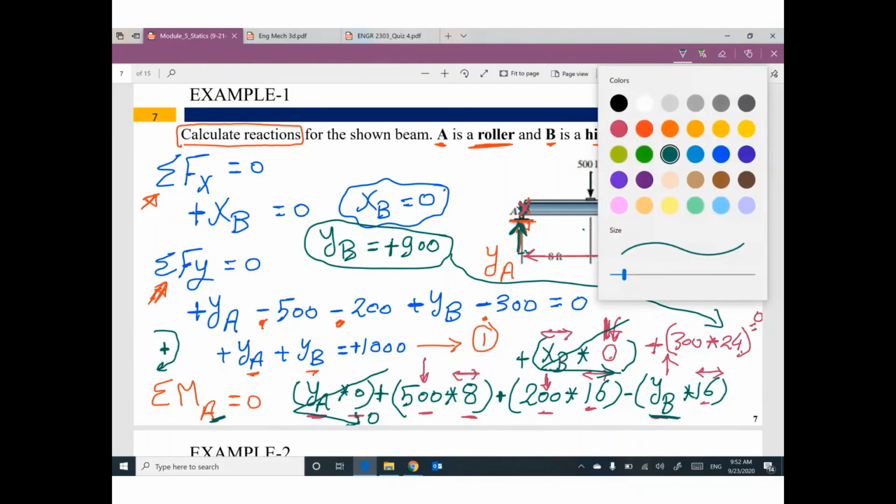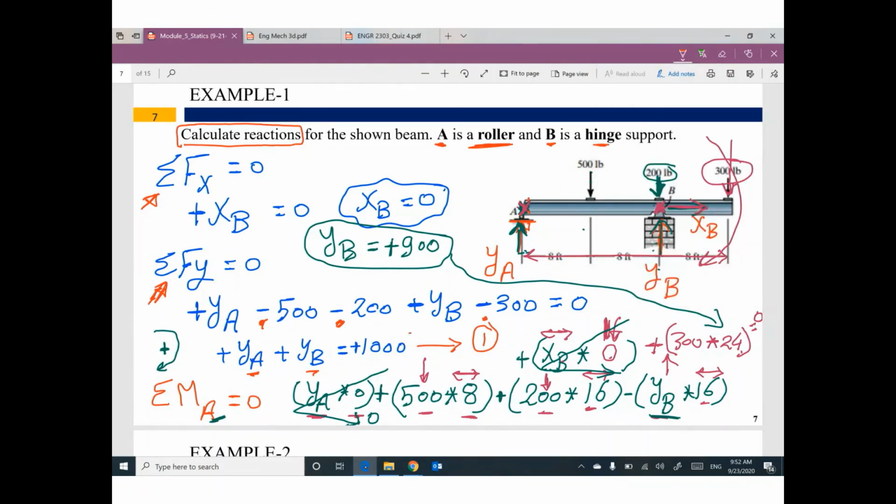If you go back to the equation that you set up before, YB right now is known, 900. Can I figure out the value of YA? Yes, you can. So this one is 900, and by this equation, this one will be 100. From the first one, you get XB equals 0. I am done with my reactions because the problem asked to calculate reactions. From the beginning, we have 3 reactions, YA, YB, and XB, and I can get these values now.